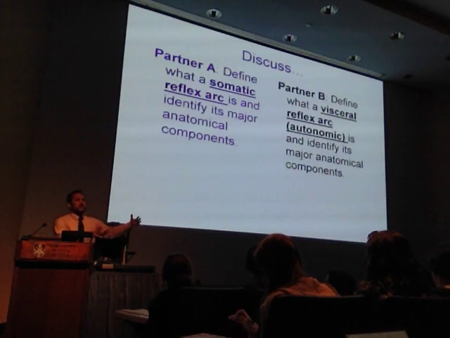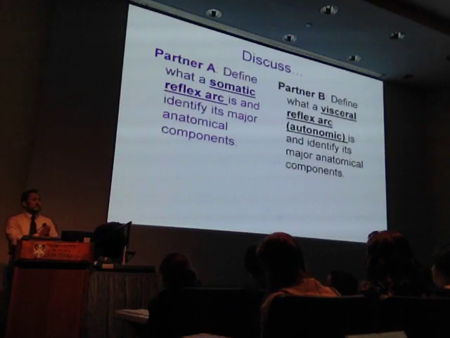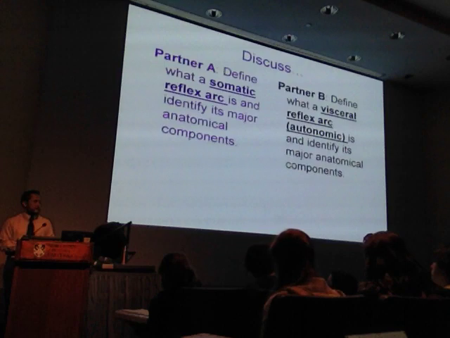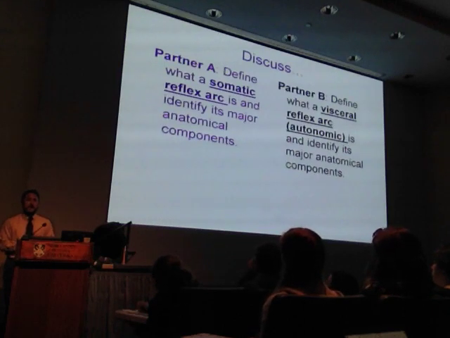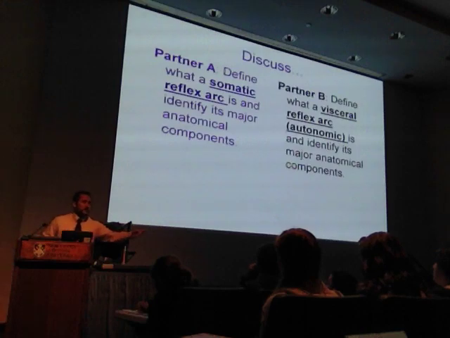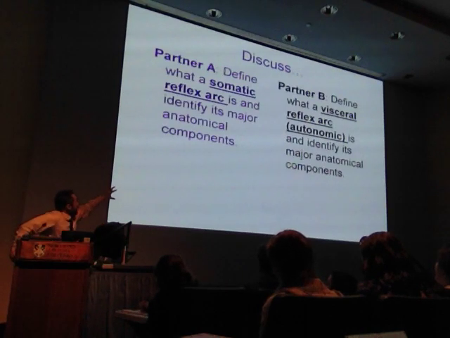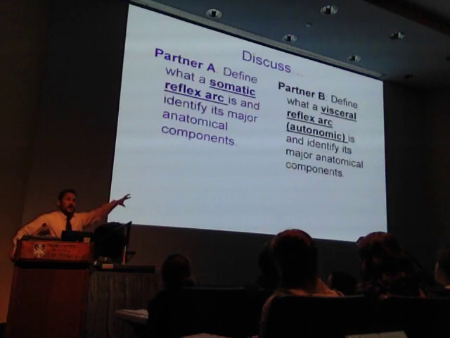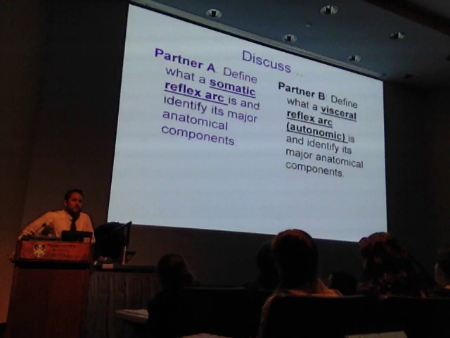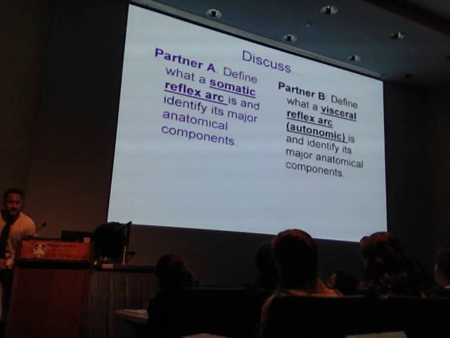The somatic reflex arc is dealing with what examples that we talked about today? Which ones? Golgi tendon. The muscle spindle, very good. And another one? The Golgi tendon. And the autonomic, the automatic, what are some examples that we talked about today? Remember the peeing reflex? Like this one, the urge to pee? Blood pressure. And blood pressure, very good.